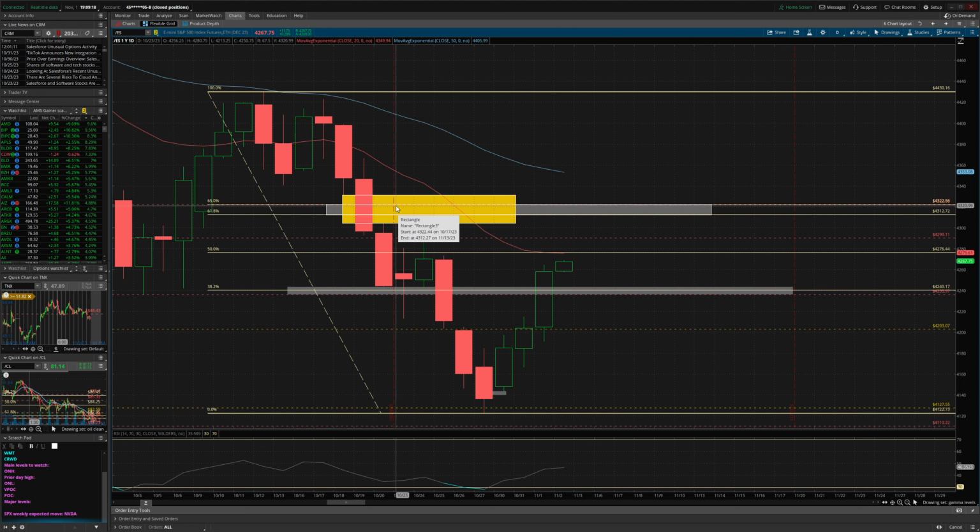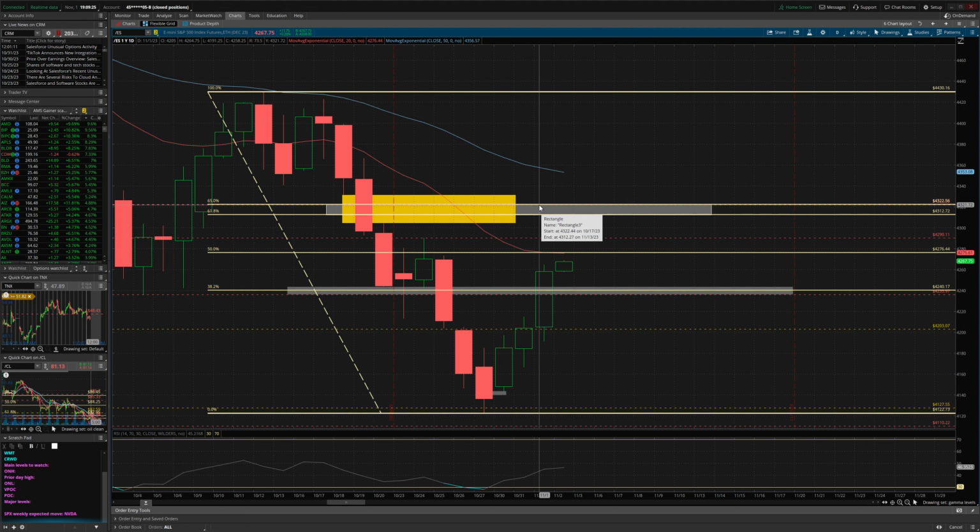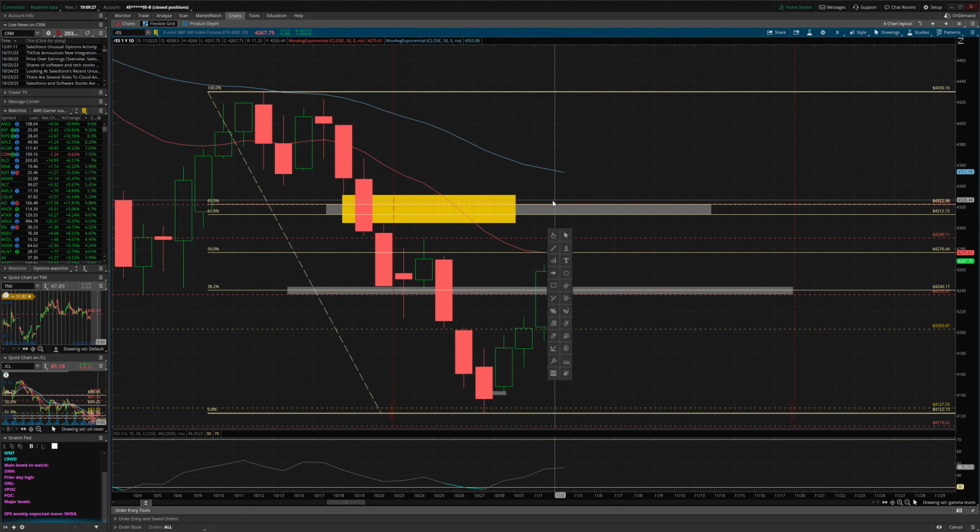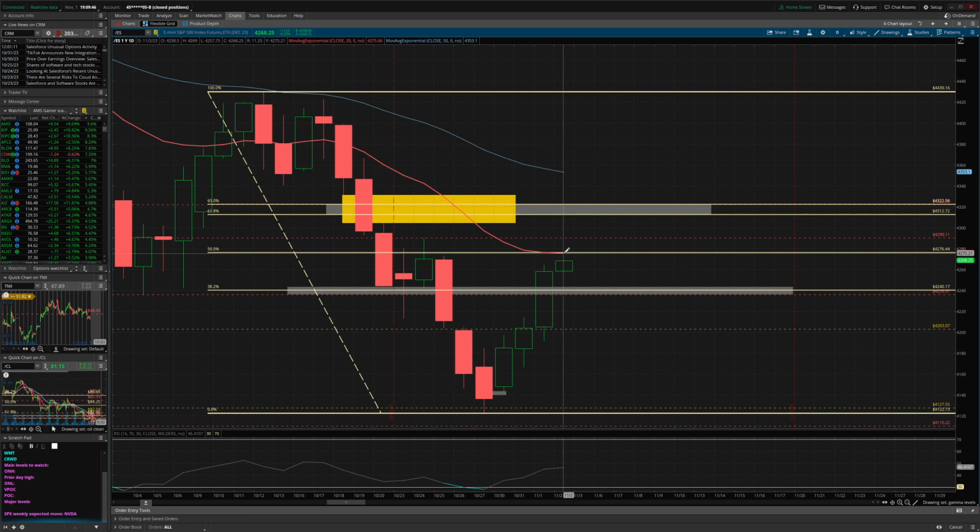It does not have to fill completely, but to that point, the inefficiency is mostly fixed. So if the market trades higher into that point, I'll consider that there's areas to short around this level, which is 4322.50, up to this level right here, the low of this candle, which is 4330.75. So I still favor this a lot, and the reason that I favor pushing to the daily 20 and then rejection is because